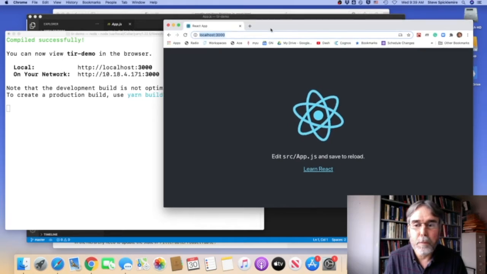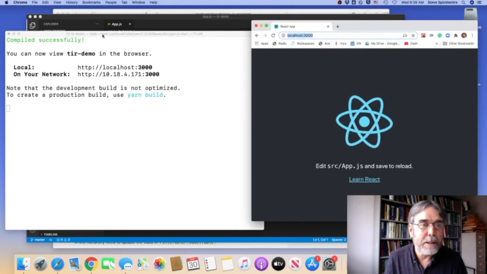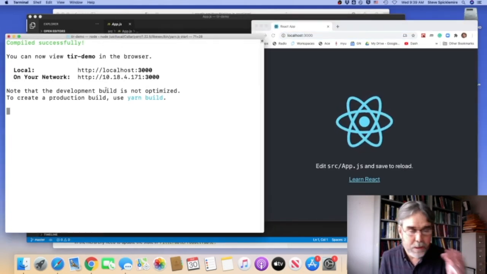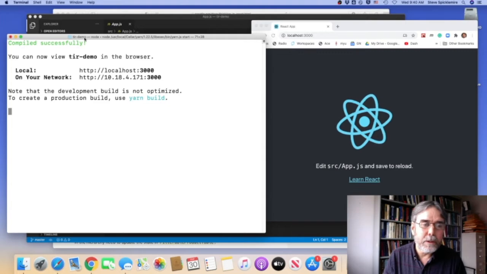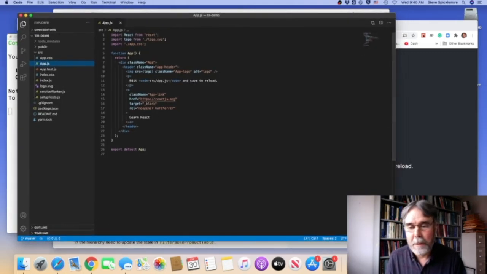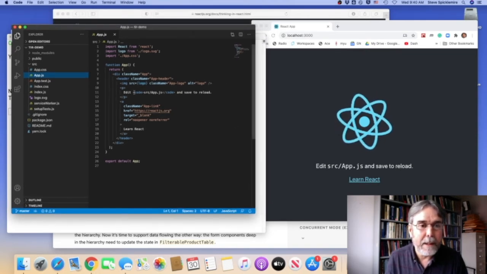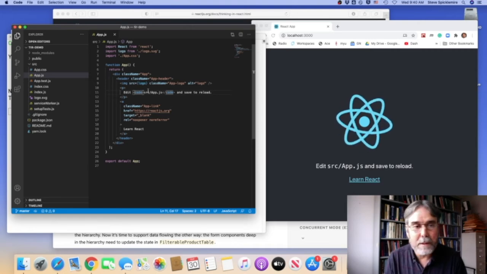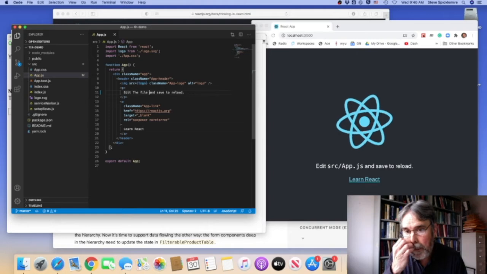You'll notice that the web browser is pointed to localhost 3000, so it's going to this server. This server is just a very, very simple web server, but it watches the files that go into the bundle that we create with our app, and anytime those files change, it rebuilds the bundle and reloads the web browser. It tells the web browser to refresh. That's super cool, because it means that if I go in here and edit something, so let's say I change the text from edit source.app.js to something like edit the file and save to reload. Once I save it,